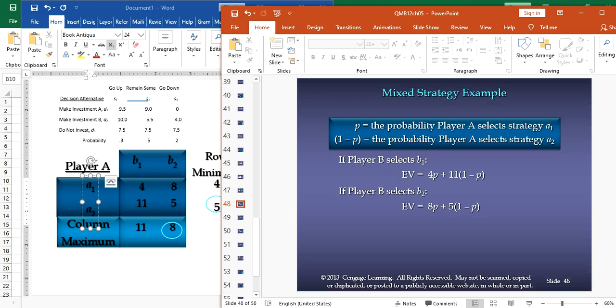Now, if player B selects B1, the strategy